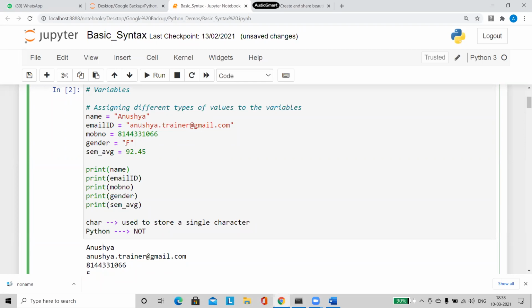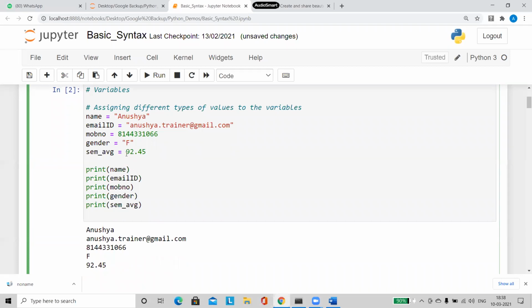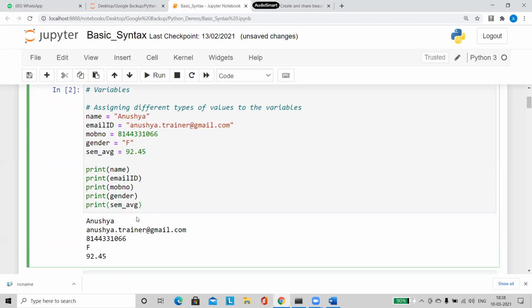Even a single character is treated as a string. Then I have my floating point values. We call these floats. A float is any number with a decimal or fractional value.